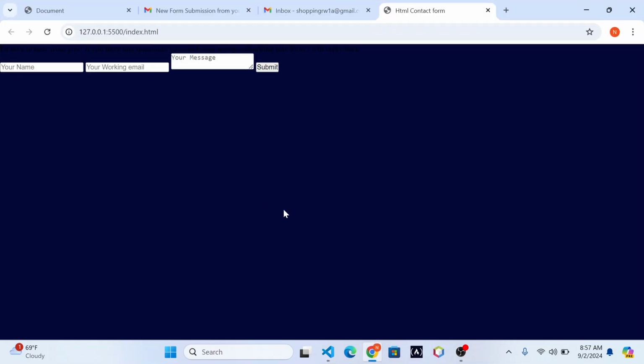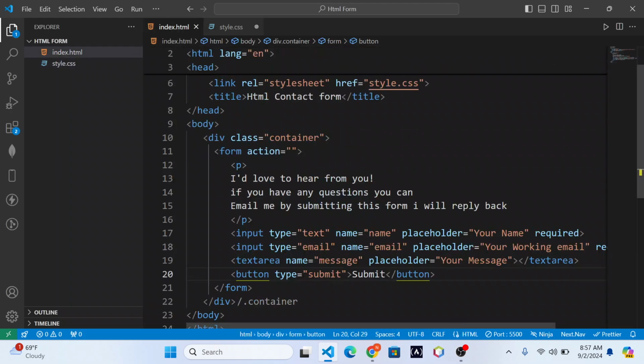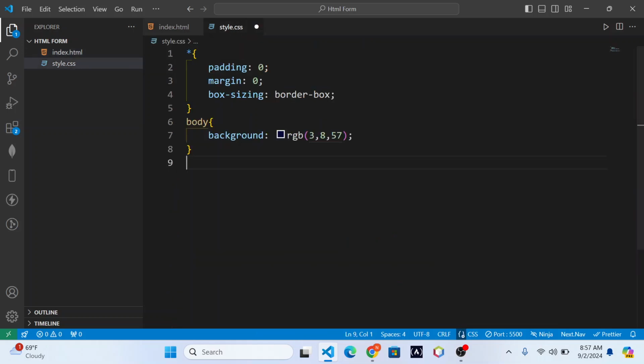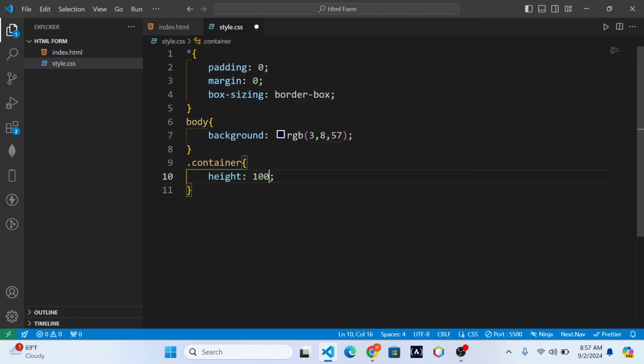You see, our background color is showing, and the next thing I'm going to do, I'm going to select this class container. Let me copy this class container and try to put some styling to the element held by this class. This class is going to have the following style. I'm going to provide height of 100 VH,